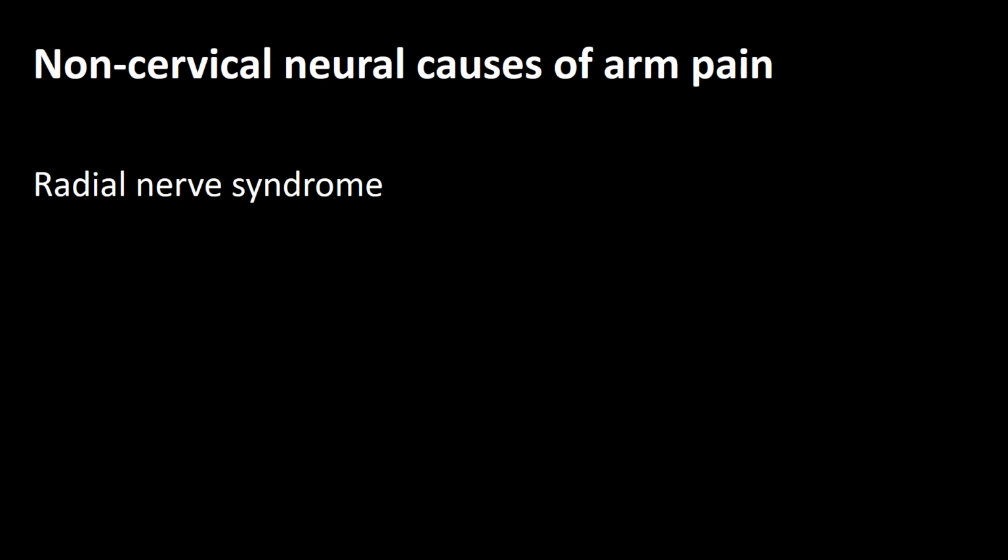The radial nerve syndrome is uncommon and generally presents without motor and sensory changes. Occasionally, there may be some sensory radial disturbance, but generally the patients complain of a dull, aching, burning pain over the lateral aspect of the elbow in the region of the extensor supinator muscle mass. They're usually worse with repetitive elbow motion or wrist extension and forearm pronation and supination and relieved by rest. This can easily be confused with tennis elbow.